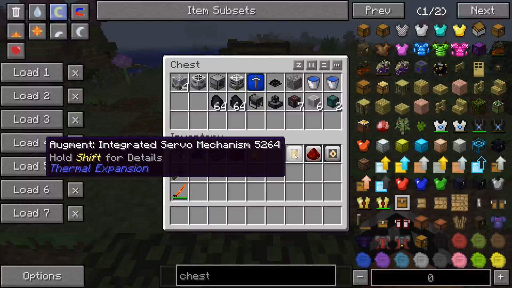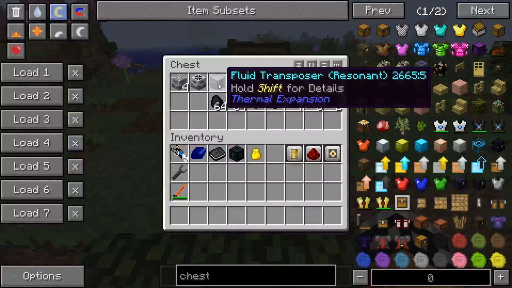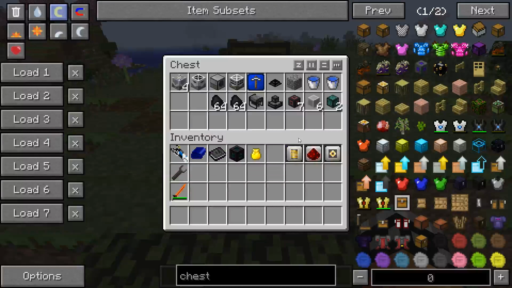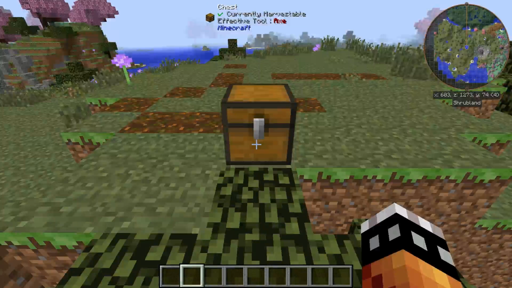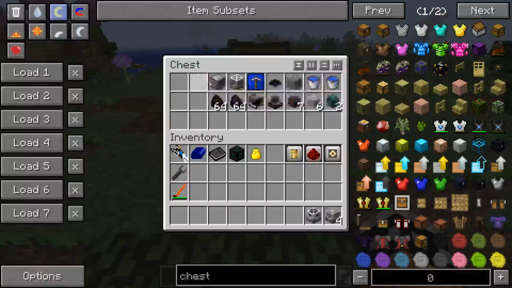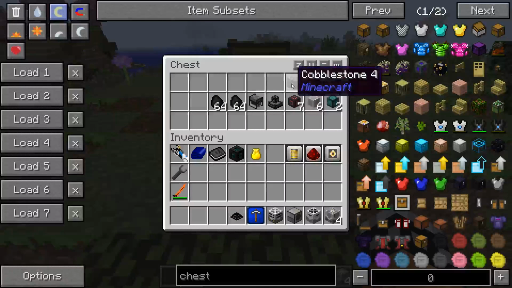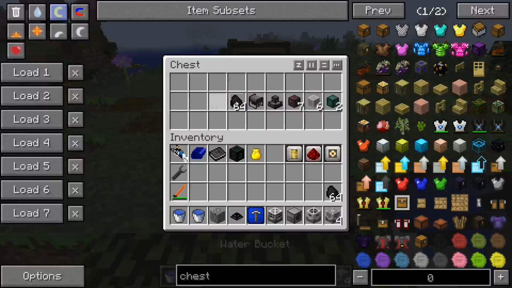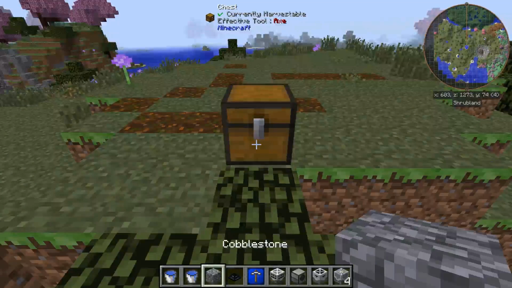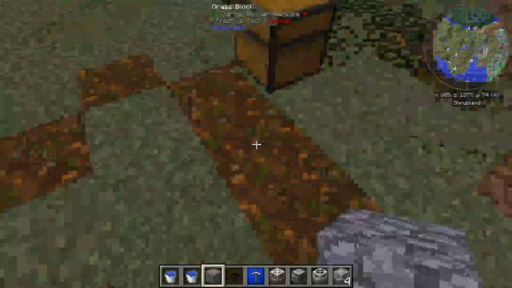These down here are in case the fluid transposer doesn't come with any of its little tweaks inside. Anyways, let's get to this. Alright, so first thing you want to do